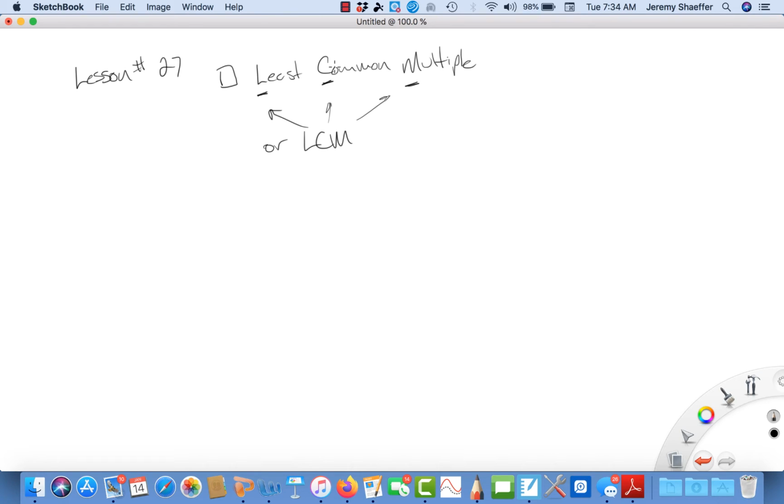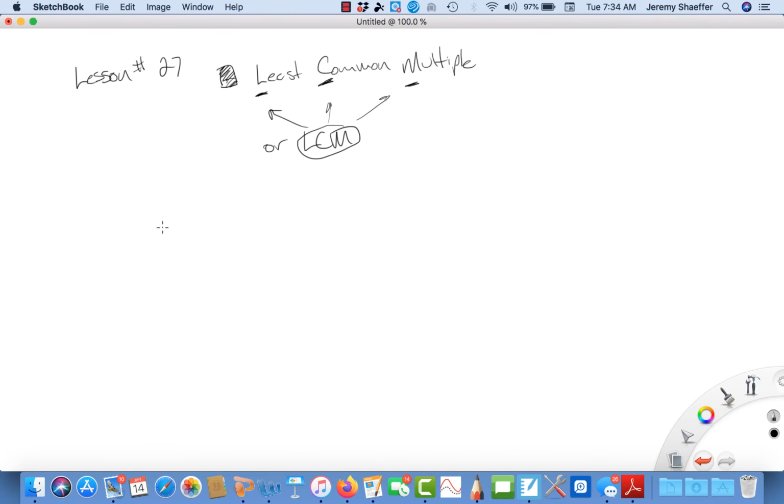Saxon Math Course 2. We are on Lesson 27. Lesson 27 deals with basically the idea of what's called least common multiples. And you see I've underlined the LC and the M and given it an acronym of LCM. The least common multiple of a number is, if you have two numbers, what they have as a common